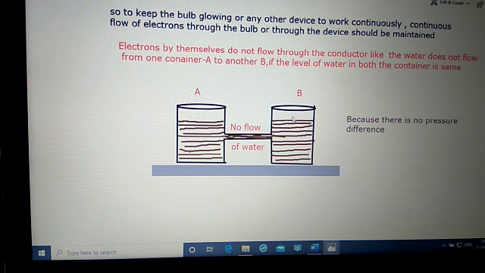There is no flow of water. Absolutely, there is no flow of water. Why doesn't water flow from A to B or B to A? What is the reason? See,